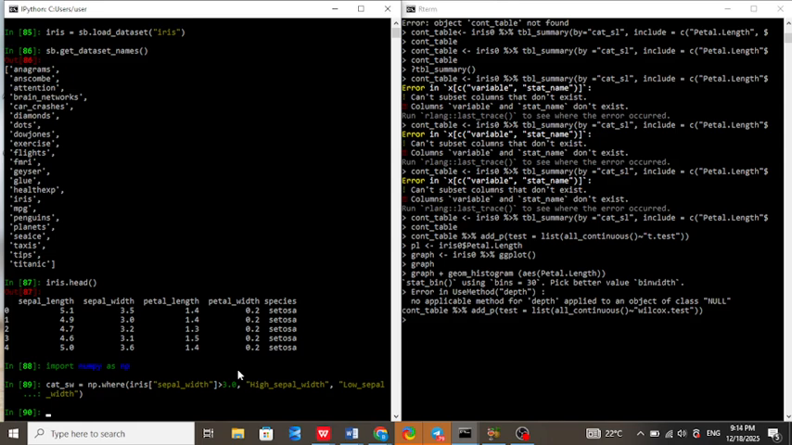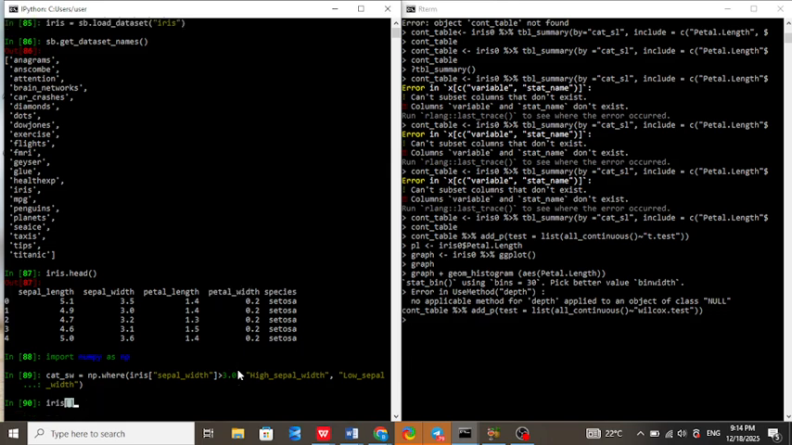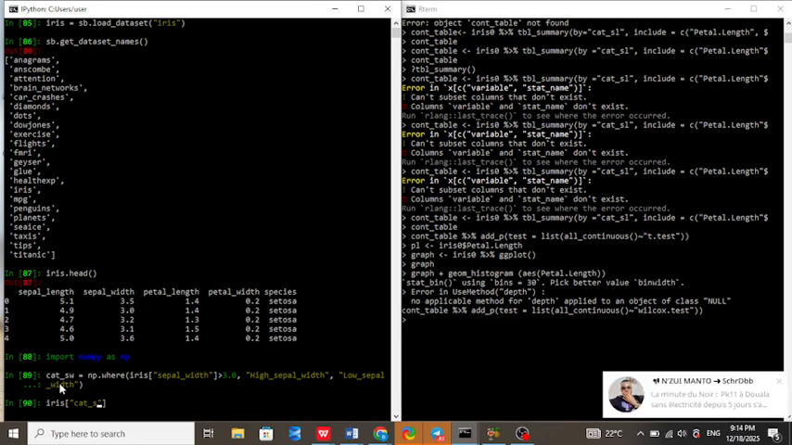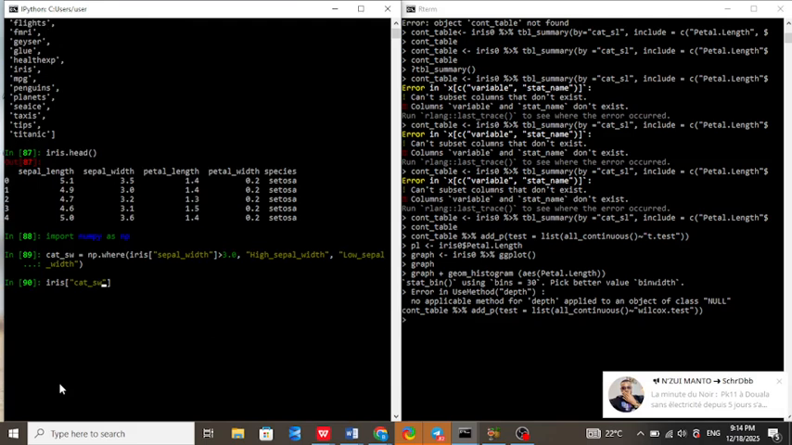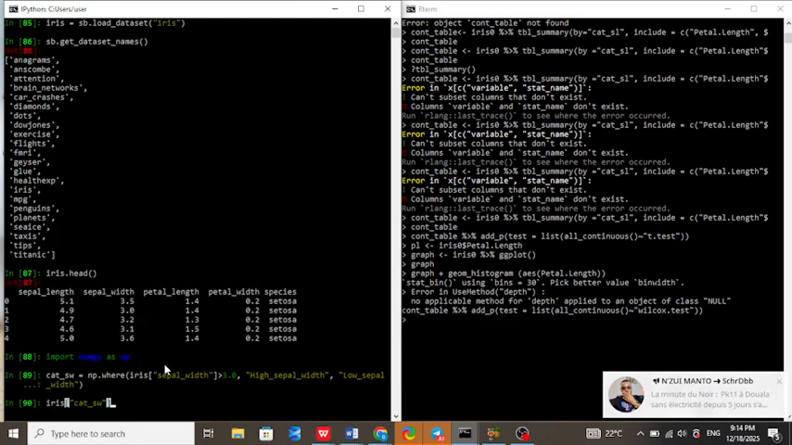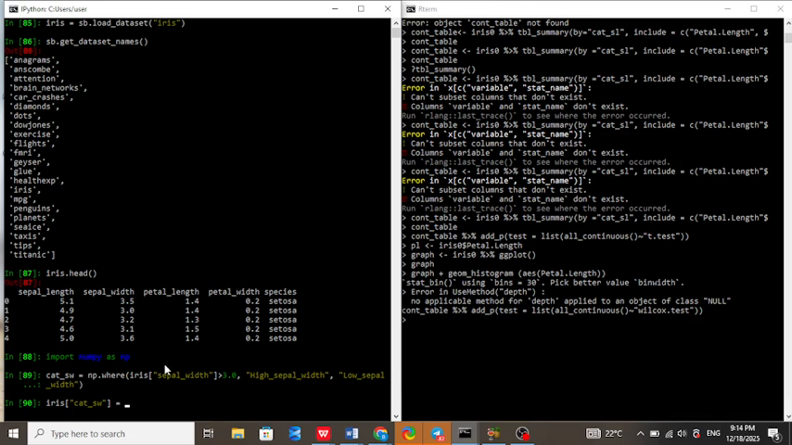So the integrated code that you write is iris, then you put the name of the variable that you want. I'll say that the name will be cat SW. It's still going to go down. I'll clear after. So I'll say cat SW will be equal to